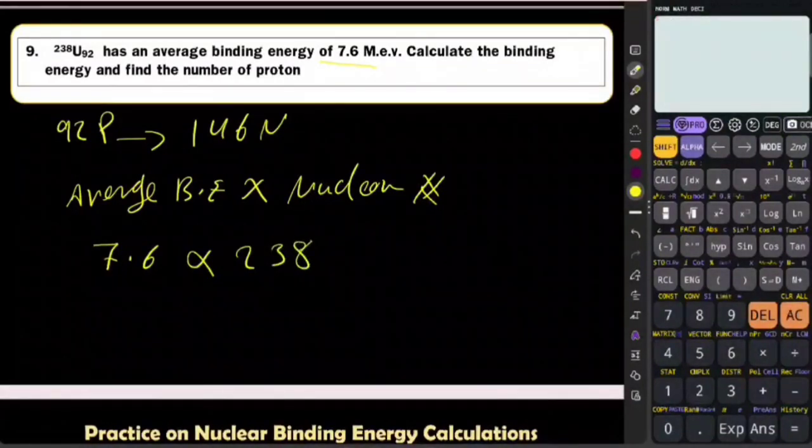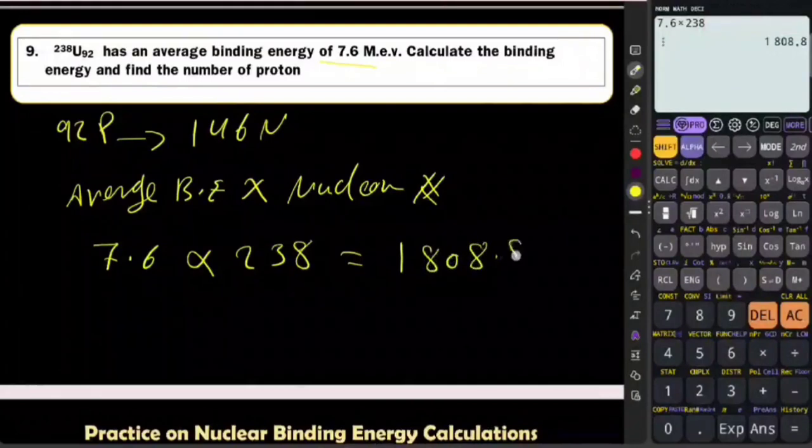Let's calculate it. 7.6 times 238. That equals 1808.8 million electron volt. If you want to convert it to joule, you are going to see answer times